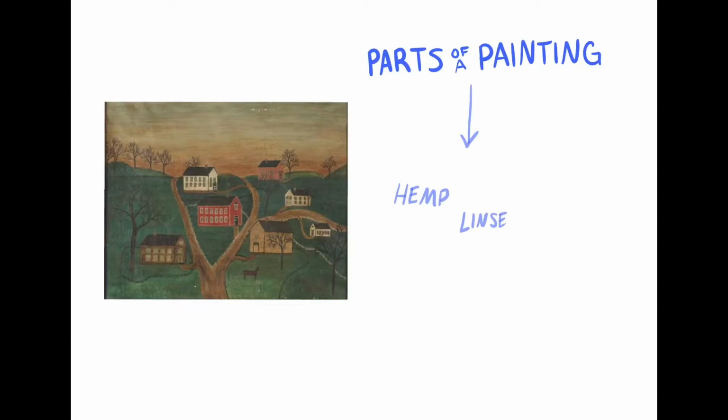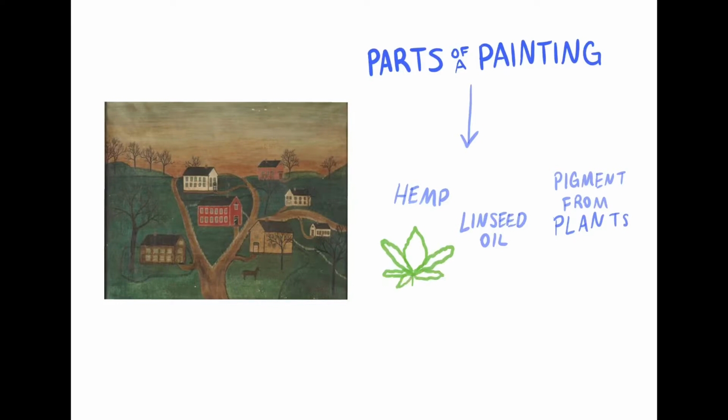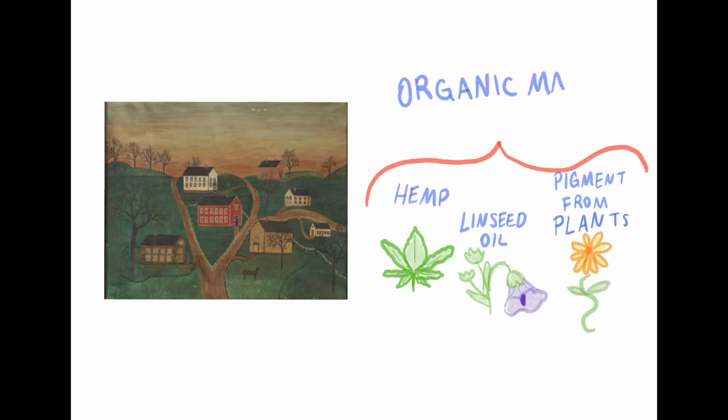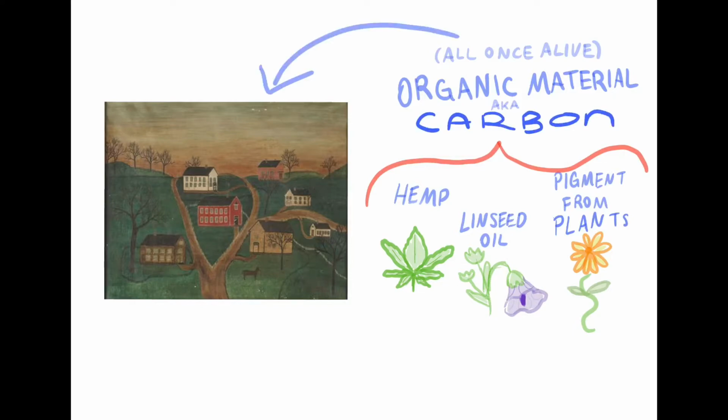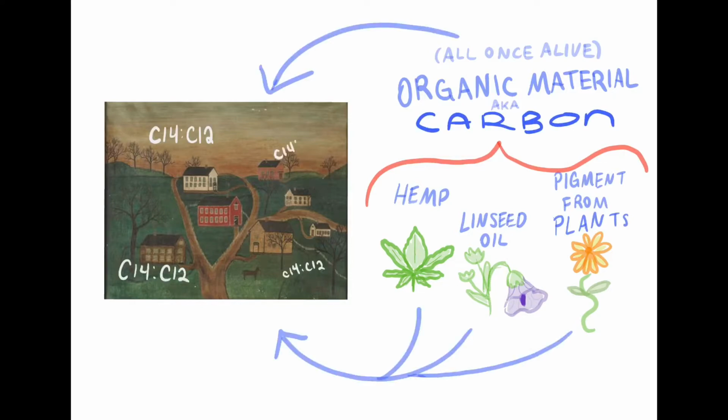Since all of the parts that make up a painting, like hemp for the canvas, and linseed oil and pigment from materials like plants for the paint, all come from things that were once alive, they all have carbon. Because of this carbon, we are able to determine the approximate age of each of these once living things. We can do this by looking at their ratio of carbon-14 to carbon-12, which we can extract from materials in